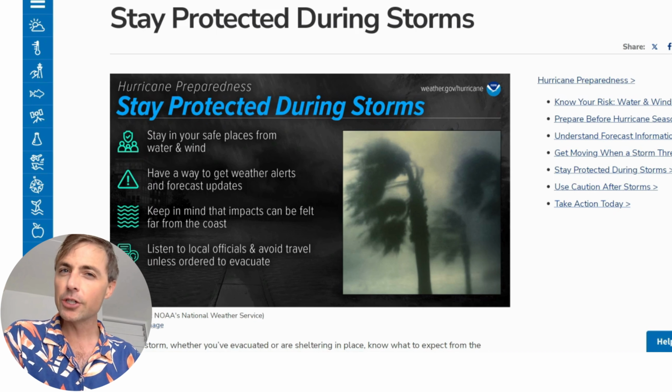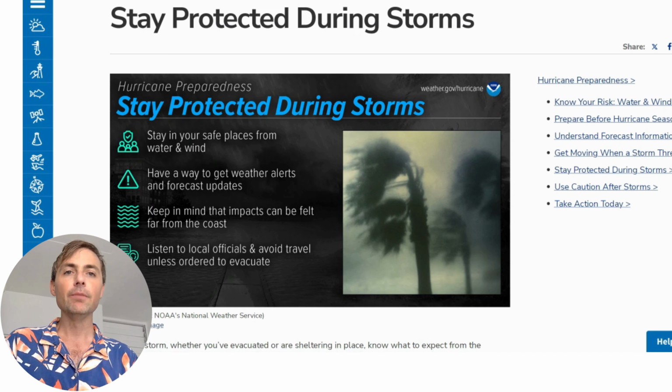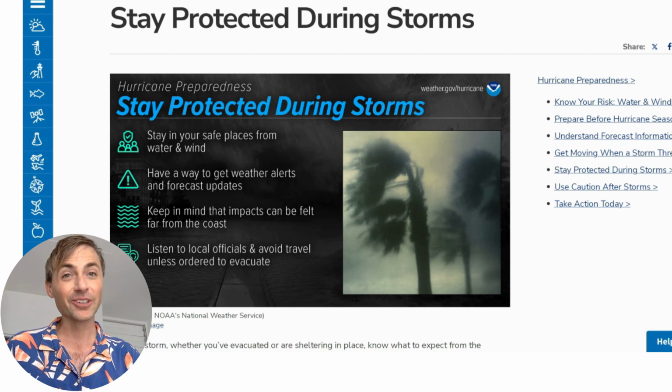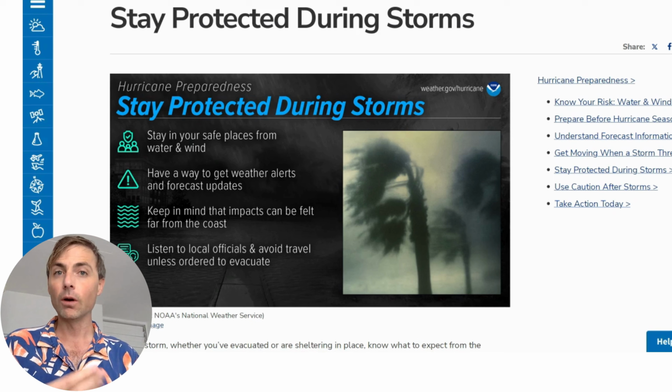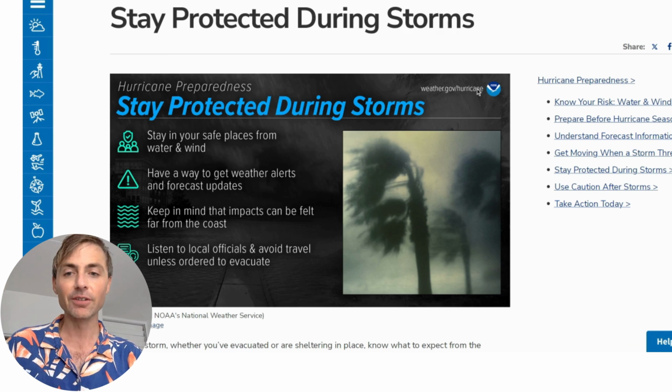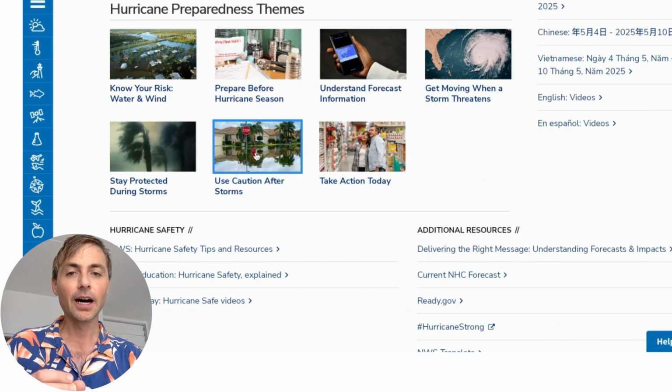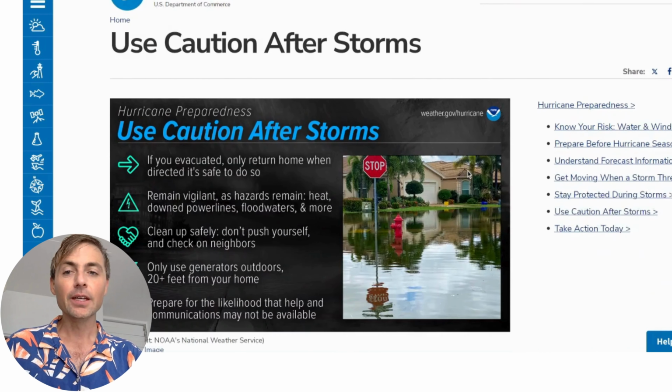I believe the convention center in Montego Bay may be one of those areas. Check this out if you're in Jamaica, of course, for the official information. Have a way to get weather alerts, NOAA weather radio. Listen to local officials and do not, do not leave until it is safe to do so. Even when it is safe, or it appears to be anyway, you have to be careful